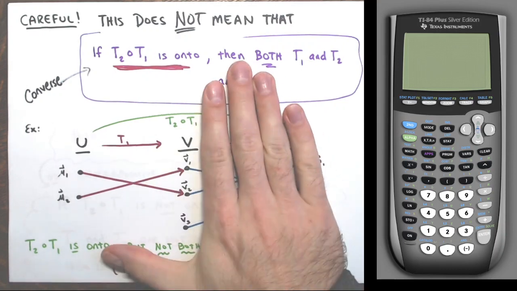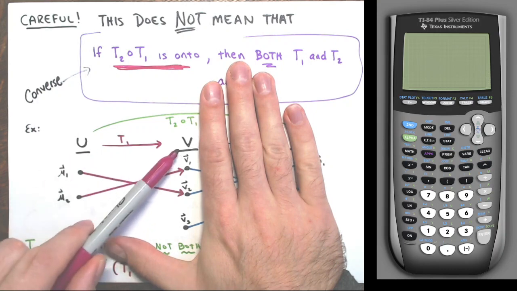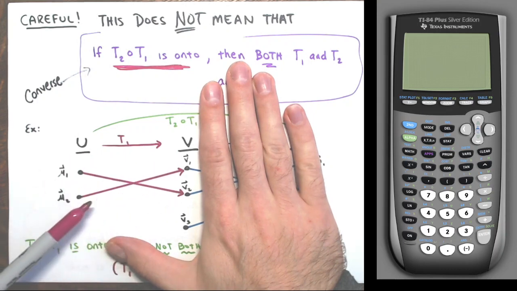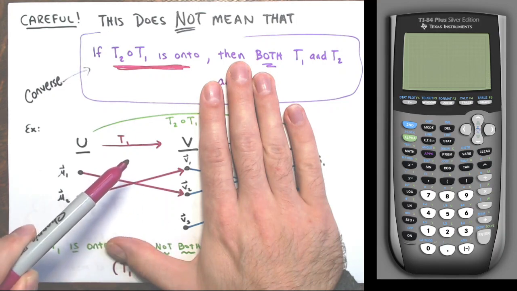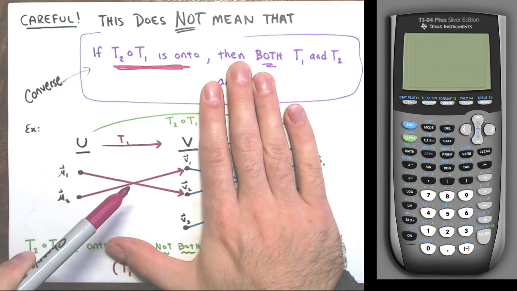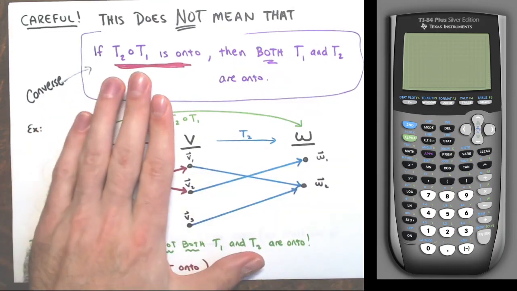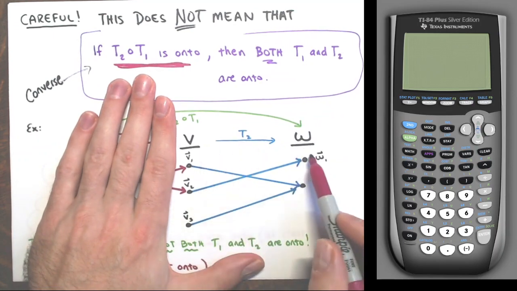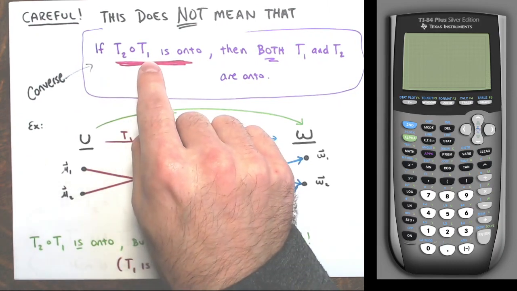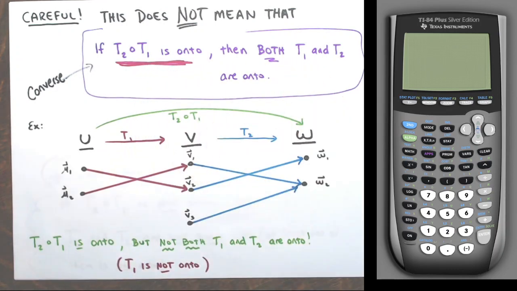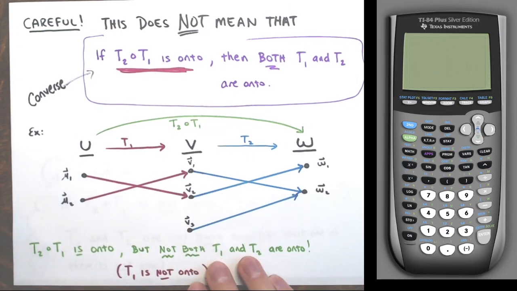Well, look at T1 from U to V. U1 goes to V2, U2 goes to V1. V3 is not hit. T1, transformation 1 here, is not onto. Now T2 is, because for V to W, everything in W is hit. T2 is onto, but T1 is not onto. So just because a composition is onto doesn't mean that the two functions that made it are onto. You'd have to check. All right, so going back to the original statement,